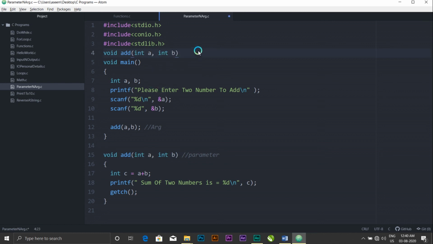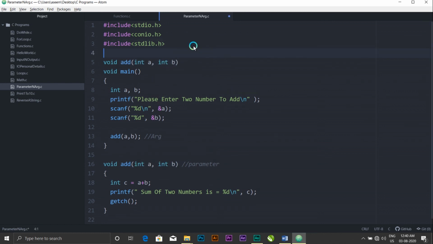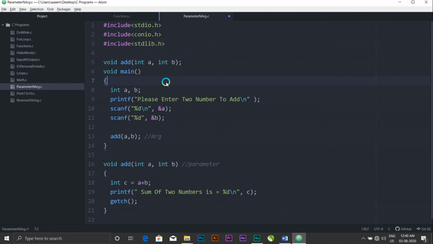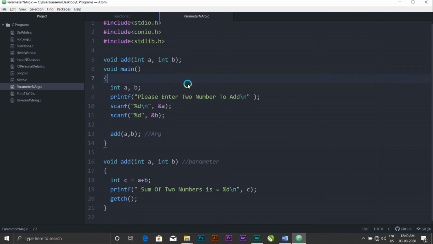So this is how you prototype your function. Before, people used to get warnings if they did not write this line of code, but nowadays compilers have become smarter, and it's mostly for people who like to write their user defined function after the main function.